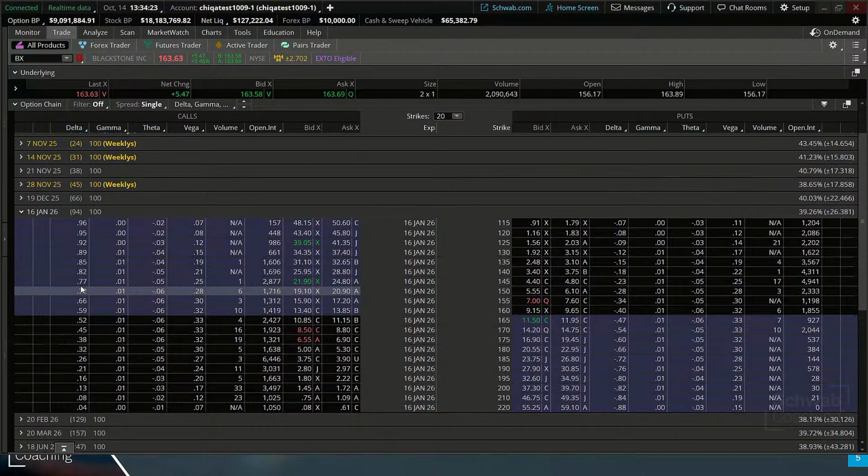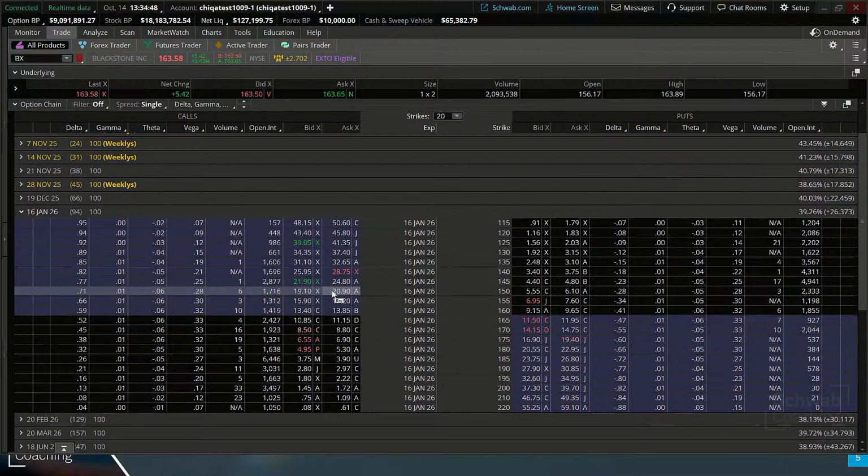We have about a 72% chance that that option is going to expire in the money. We have about 6 cents in time decay that we're going to see on that option. So we've given ourselves enough time. We're not going to have a ton of time decay until really that 35, 45 day out mark. So that gives us a little bit of time for this support bounce to possibly take place.